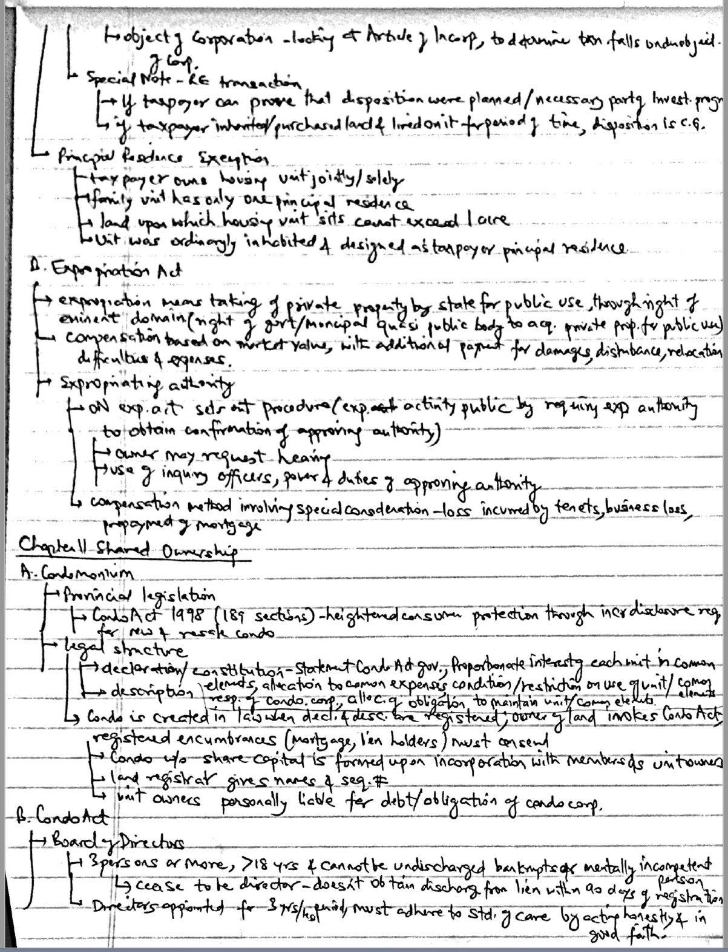There are provisions for compensation to the owner, and approval for the expropriation must be given by the approval authority. An owner who objects to the expropriation proposal can require a hearing. If expropriation is approved, there are specific procedures to be followed to determine the compensation to be paid to the owner. The basis of the compensation is market value with a possibility of additional payment for damages, disturbance, relocation